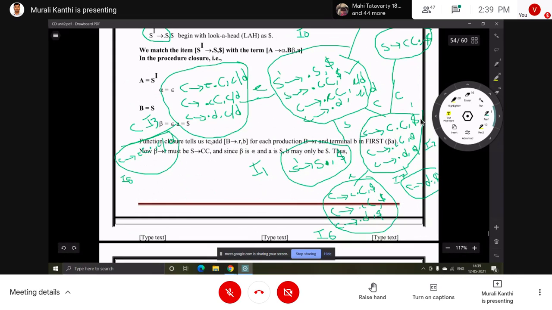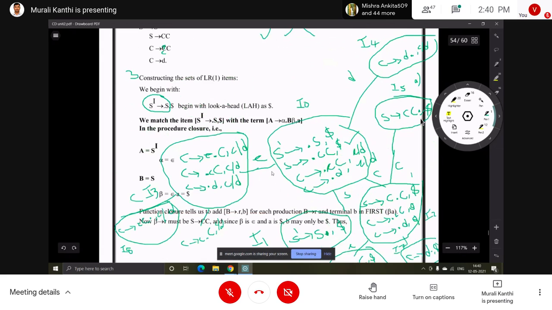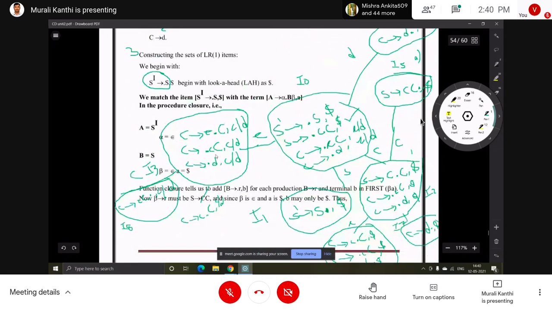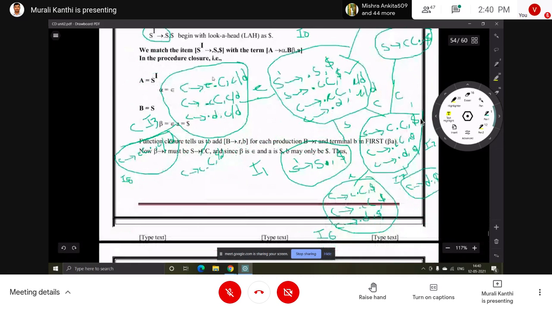Next with a small c. With a small c, what will we get? C implies small c dot capital C, C or D. Okay, we have to add C production. This one is self, same, will get C productions: C implies dot small c capital C. Then lookahead symbols, here we will get the same thing.